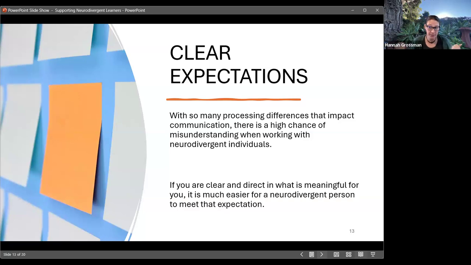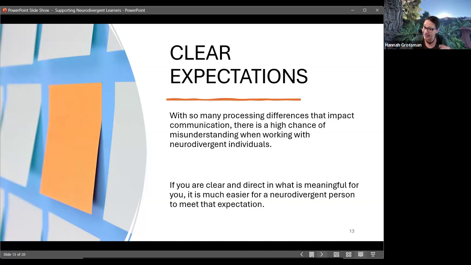Now, what ends up being important? What you think you're communicating or what your learner walks away with? The important aspect is what your learner walks away with. No matter what you think you're giving them, what they learn from the class is actually what they walk away with. And so, by being very clear and very direct with what is meaningful to you, what you want them walking away with, what you're caring about, what you're evaluating, what you're judging